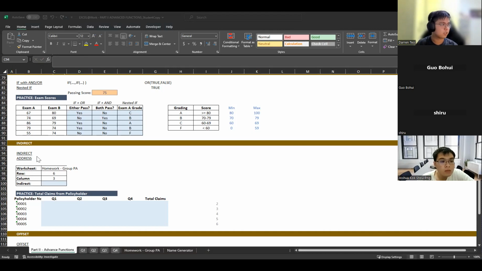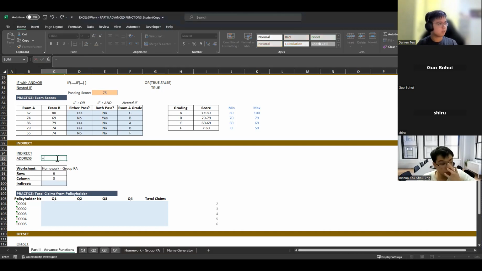So what's ADDRESS? Let me just type equals ADDRESS. ADDRESS means that I'm creating a cell reference as text, given a specific row and column. Let's hard code one value. I want to find out the address for this particular value here, 55. I will key in my row number, 90, because row 90 corresponds to this, and column B, which is column 2.